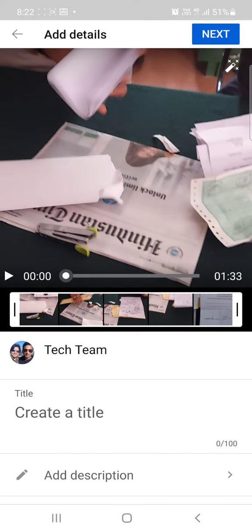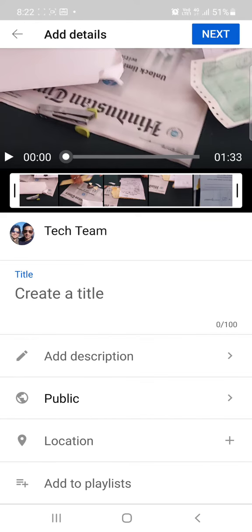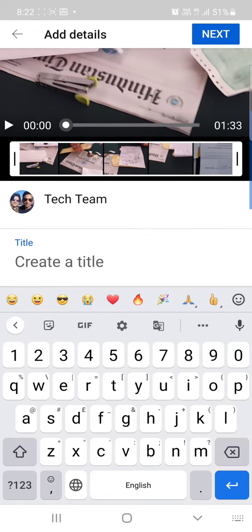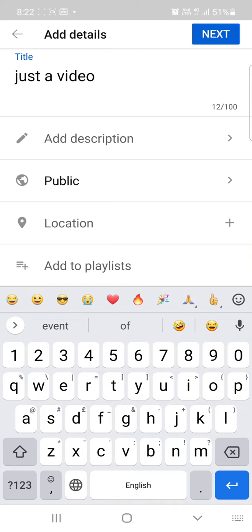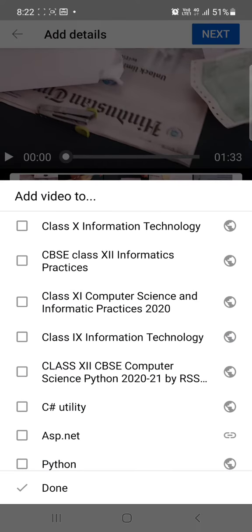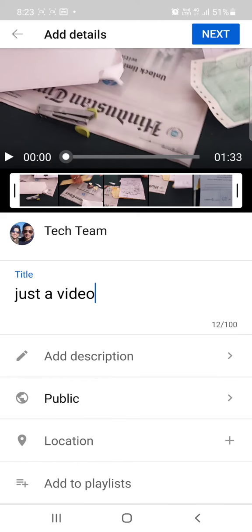Right now you can give a title. I am going to give a simple title, just a beat. Okay, then you can give description, location, you can add to the playlist. It is advisable to create a playlist so it is easy to access and manage. Now click on next,